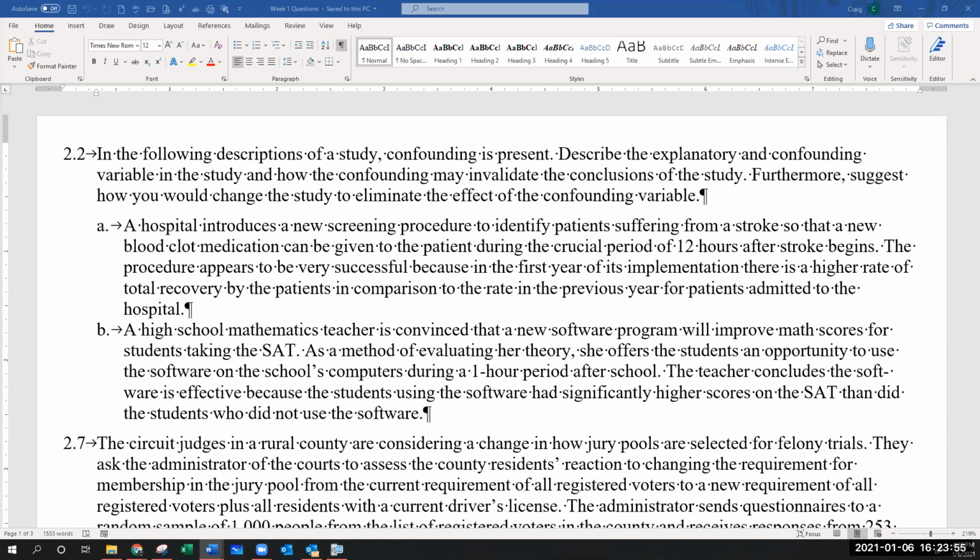Exactly. So with that in mind, again, step back, step out of the real world, and think of this in a pure sense of setting up an experiment. What could we do to basically alleviate this confoundment? How could we eliminate this confounding variable?